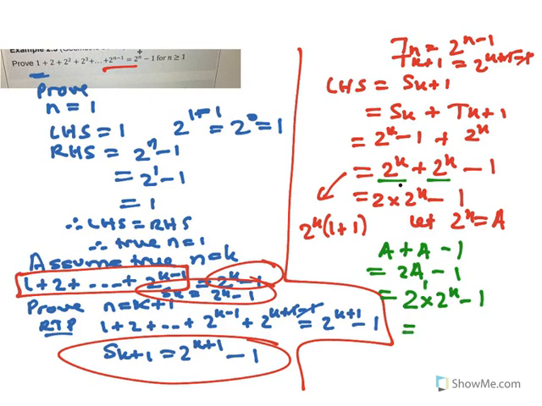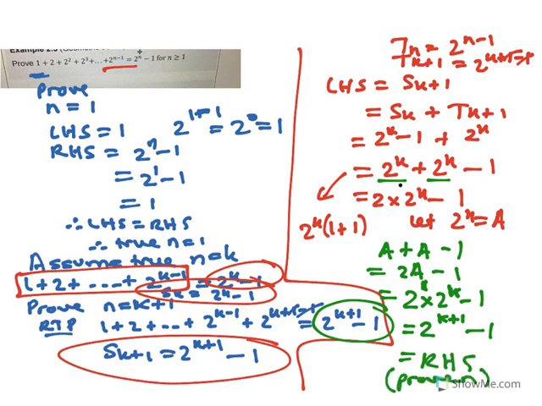Now, looking at your prize, this is what we're trying to get. And if you look at that, if you add these indices, 1 plus k is k plus 1. So you get 2 to the k plus 1 minus 1, which is equal to the right-hand side, proven. So therefore, by the process of mathematical induction, it's true for n greater than or equal to